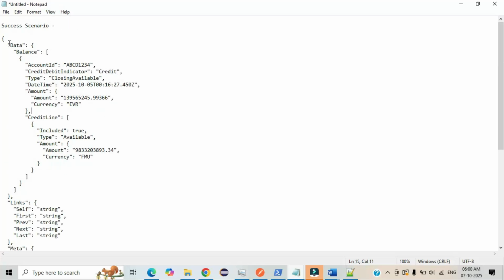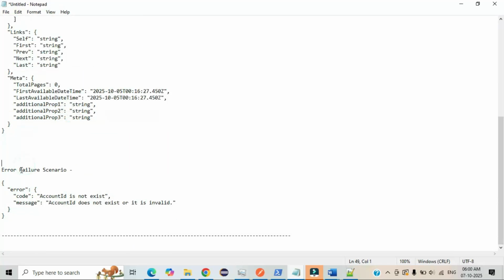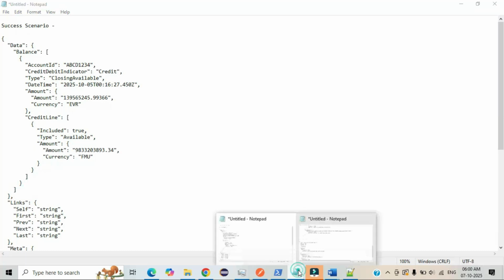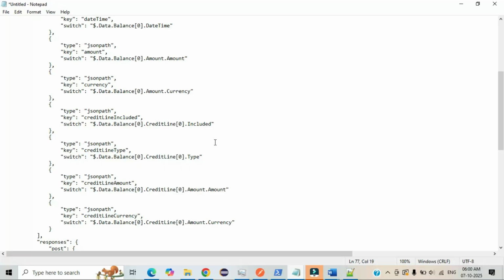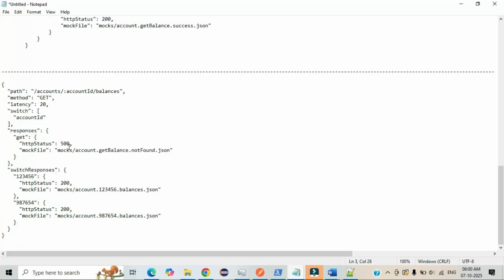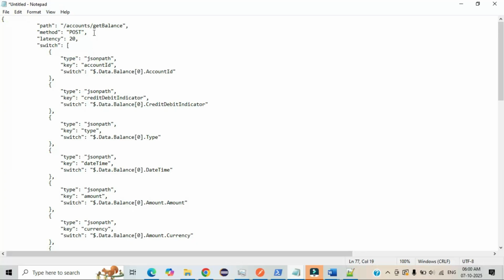With this condition, if your API is giving a 200 success response, then we will print this value as the response. If the value is invalid, or if the ID does not exist, then we pass this value. This one we already developed. I already prepared one complete end-to-end flow for the POST method, and for the open banking standard they use the GET method. Additionally I built one API, which will help you understand how to use both the GET method and the POST method, the end-to-end flow of the balance series.